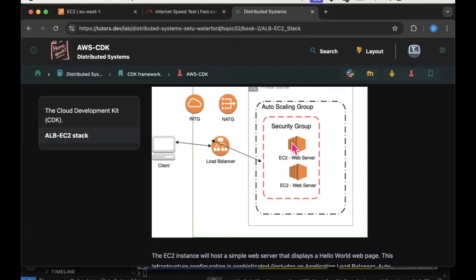For both of these EC2 instances, I also install the Apache web server. That's all part of the TypeScript code that I write. And the Apache server has a default home page.